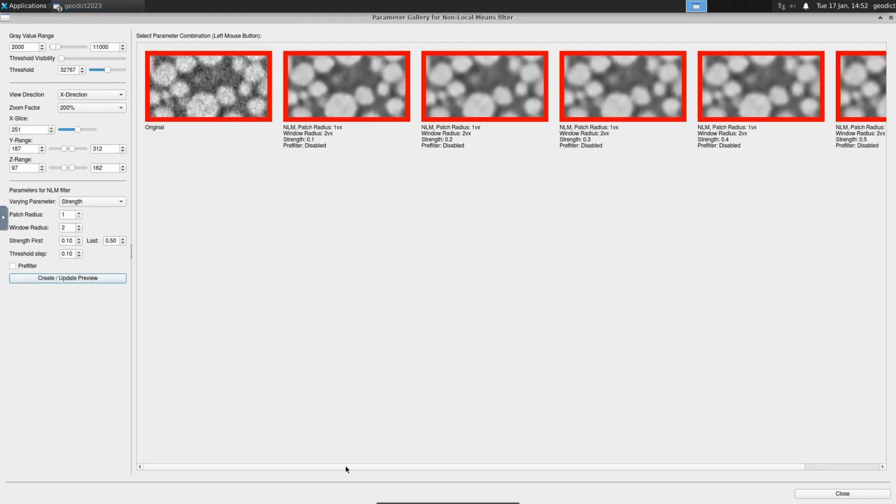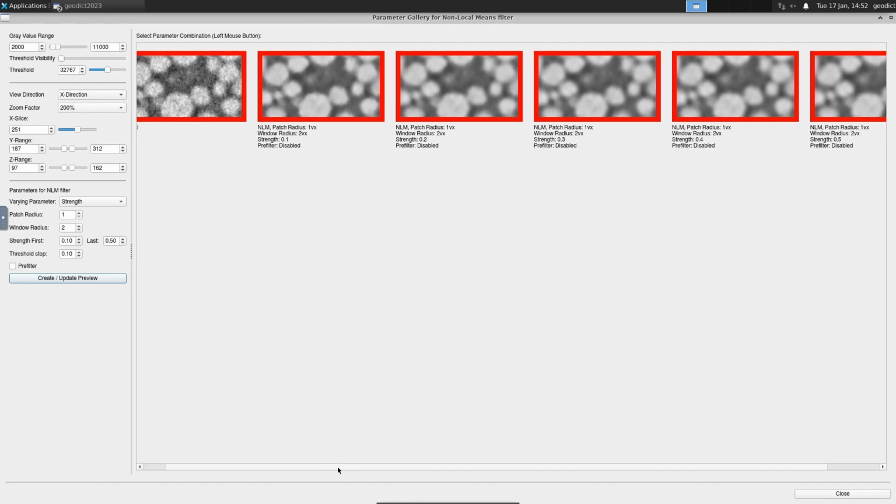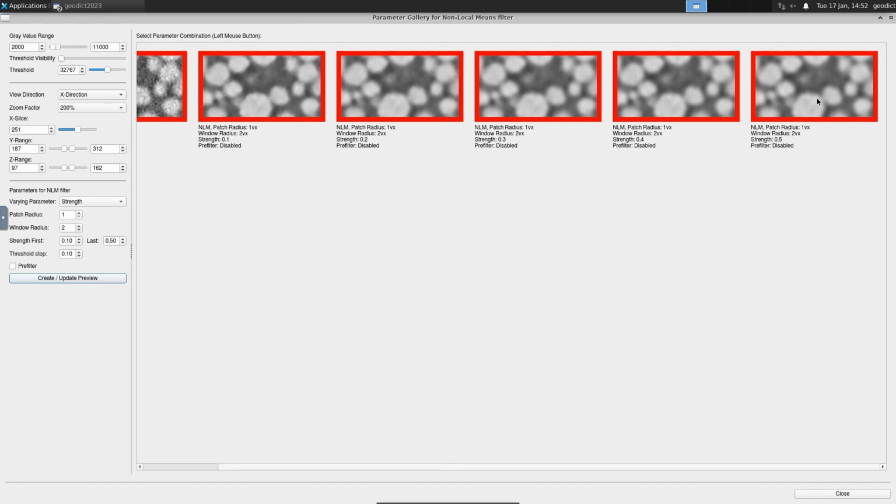The result is already similar to what we saw before, so it's a bit more noise for the smaller strength values and a bit less for the larger strength values. Here for this structure, it's a bit of guessing which one might be better or worse. They're quite similar. I think that here the value of 0.4 might be good. If you come to another conclusion, you might also select something else here. So I select 0.4. Make sure that the right combination of values is selected and then click on Close.